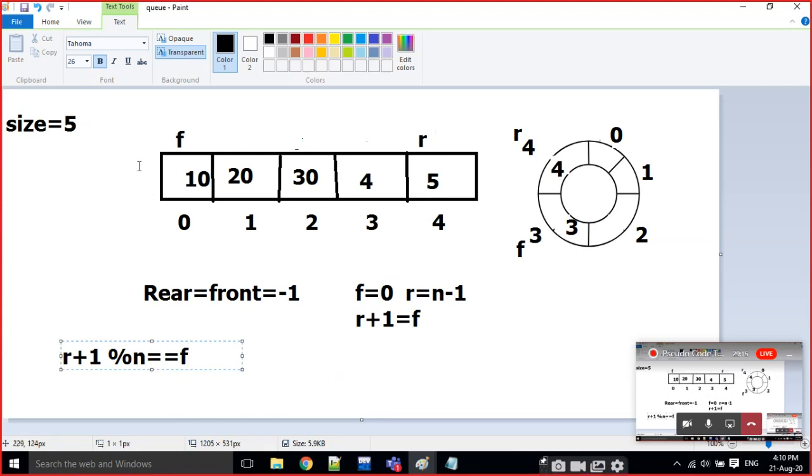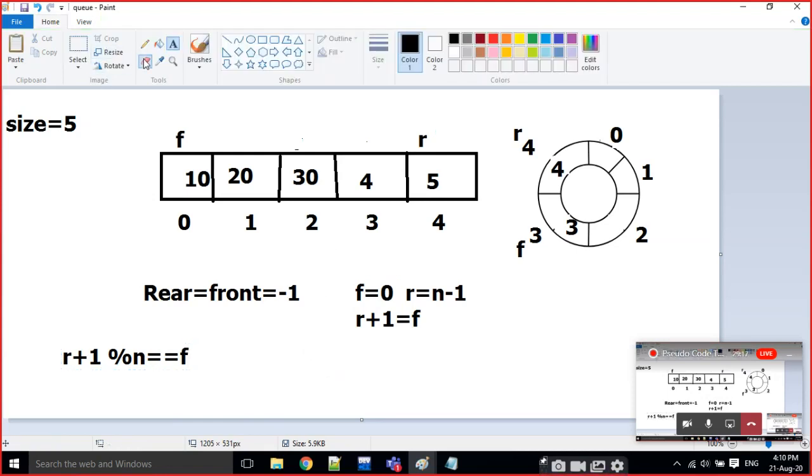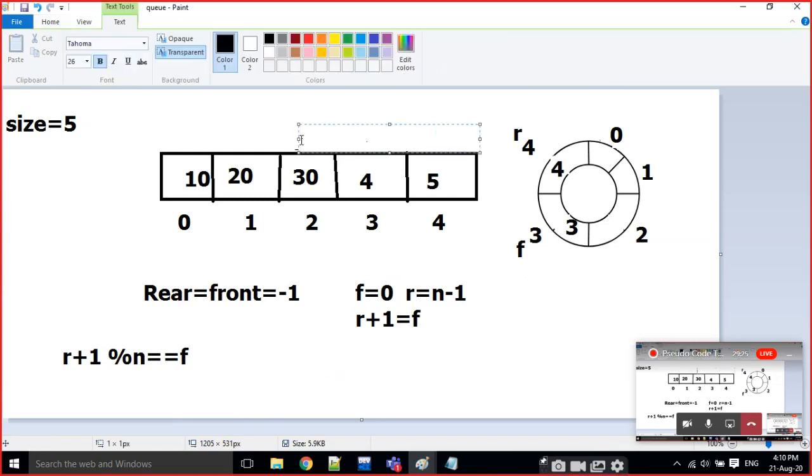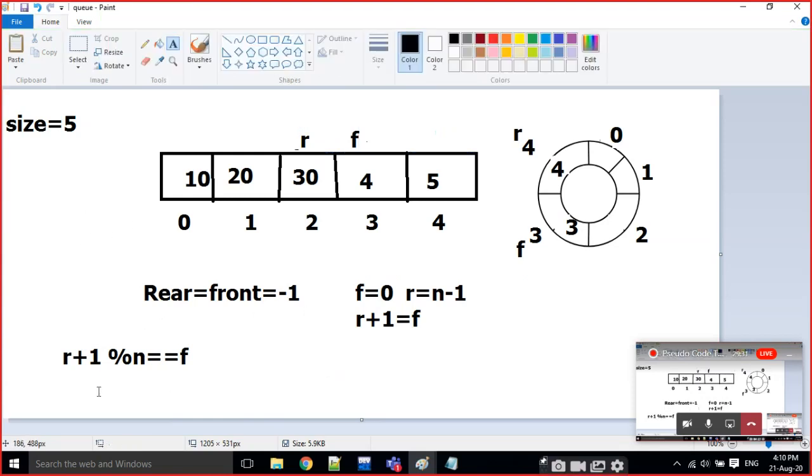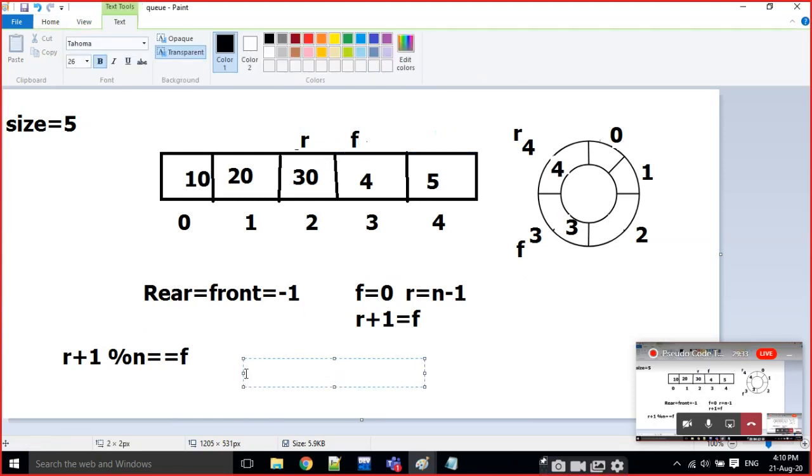For example, I am going to write it again. If R is at this position and F is at this position, look again. What is the R position?